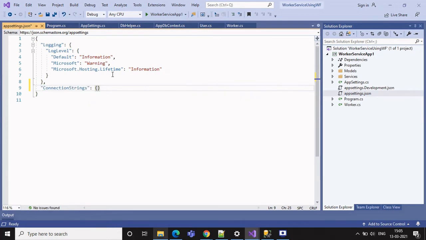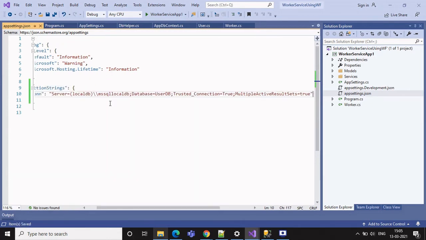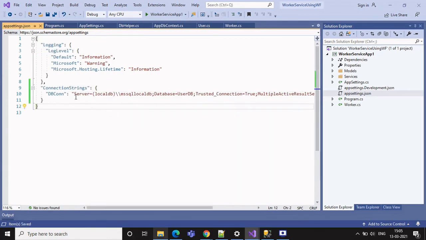So I'll just give connection strings. It is the server name. Currently I'm using a local database, and I'll just set the database as worker service